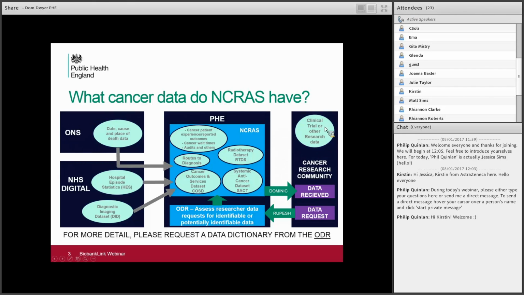So clinical trialists or other people looking to apply for research data can send a data request coming into the ODR. Once it's come in, it's processed, and the information governance processes are navigated, and then you get access to the data, and it can be linked to NHS Digital as well. As a general rule of thumb,